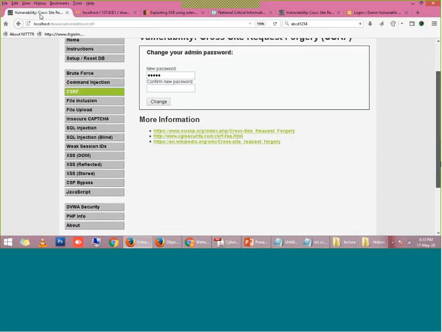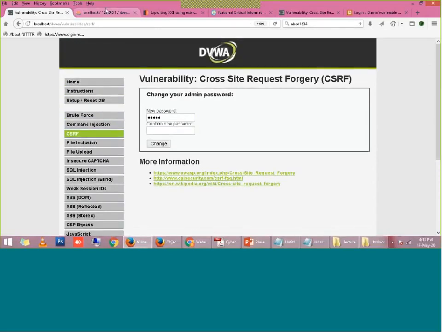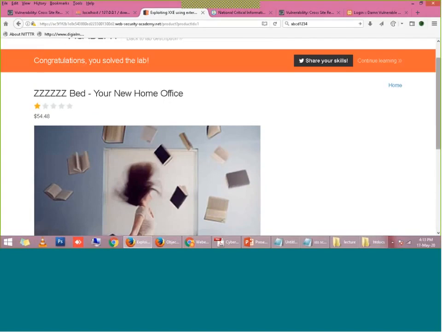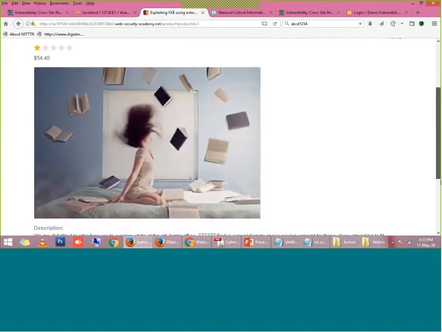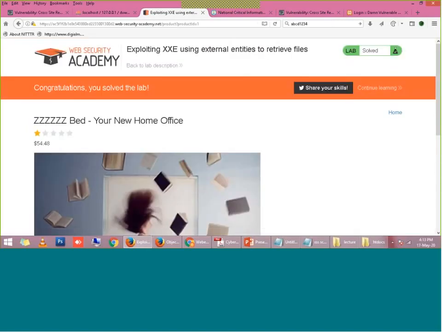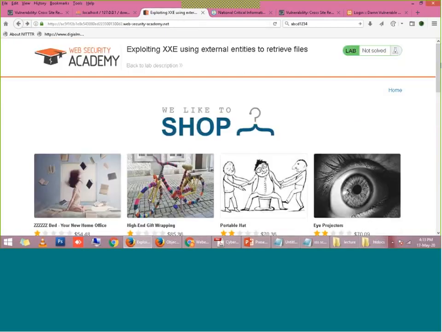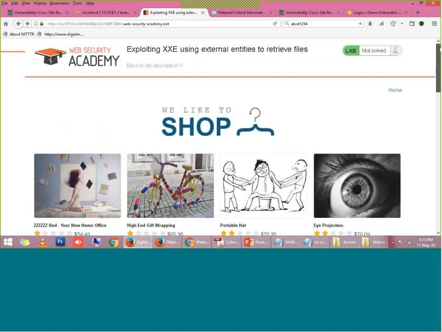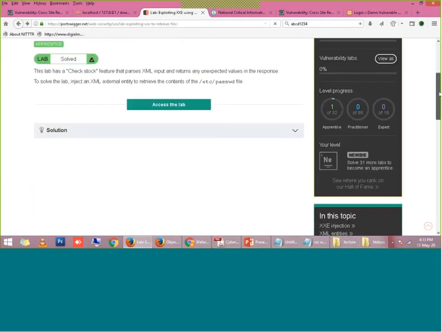So the next attack I want to demonstrate to you is the XXE attack. In the XXE attack, I am using this PortSwigger website, right? In the PortSwigger website, they have created some labs. So you have to create your account on this PortSwigger website. This is the website which made the Burp Suite software, right? So to access their online lab, you have to create your account.